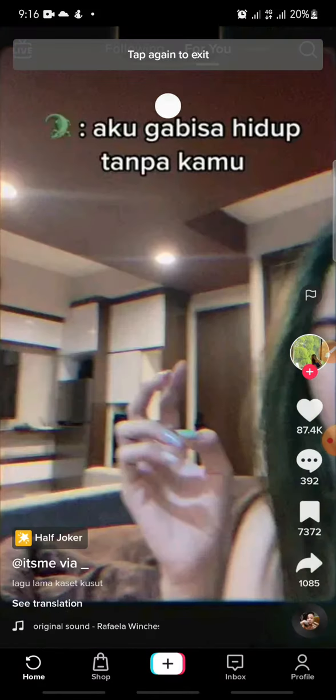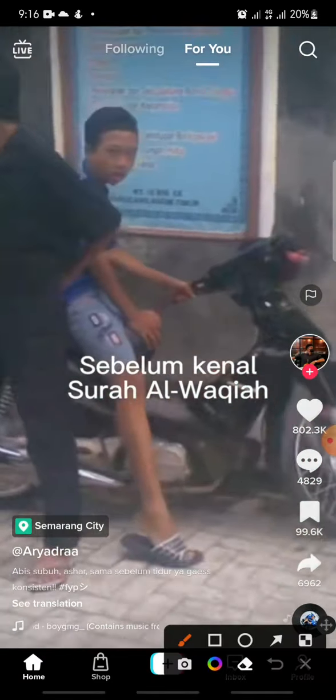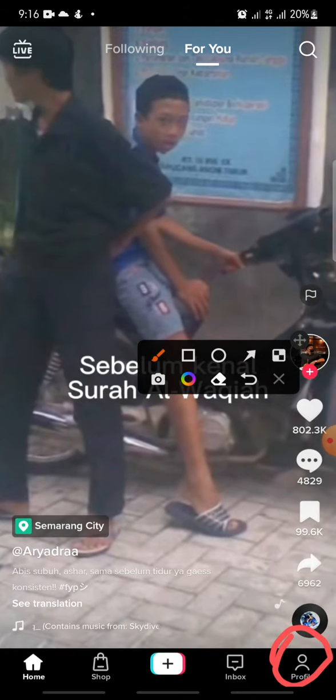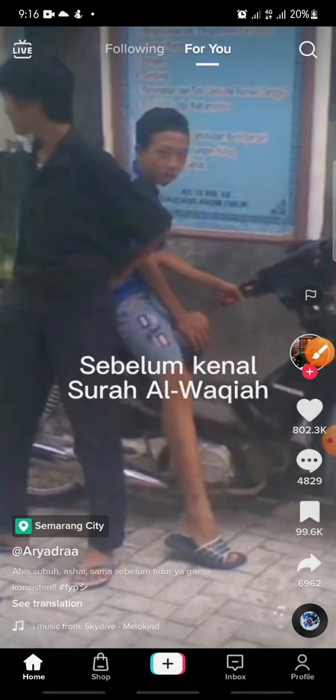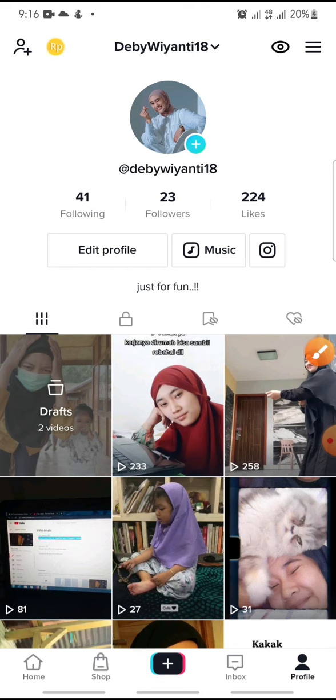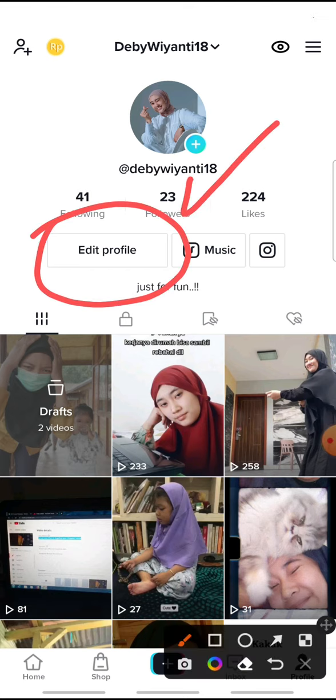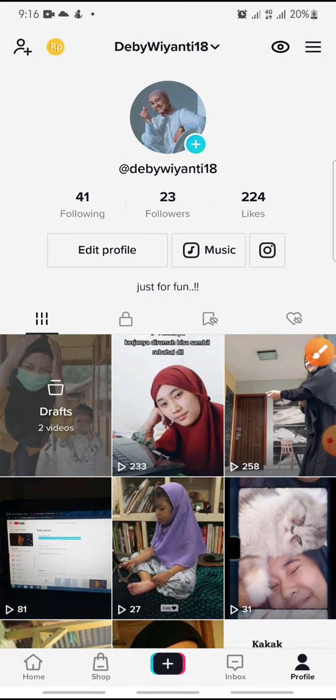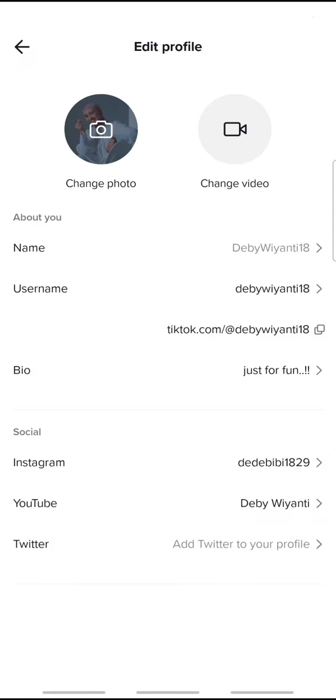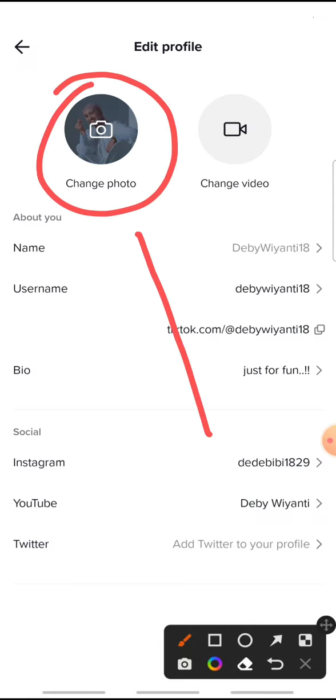and after this you can click on a profile at the bottom. This one, click on it, and then in here you just click on edit profile. This one, click on it, and then in here you just click on this one,